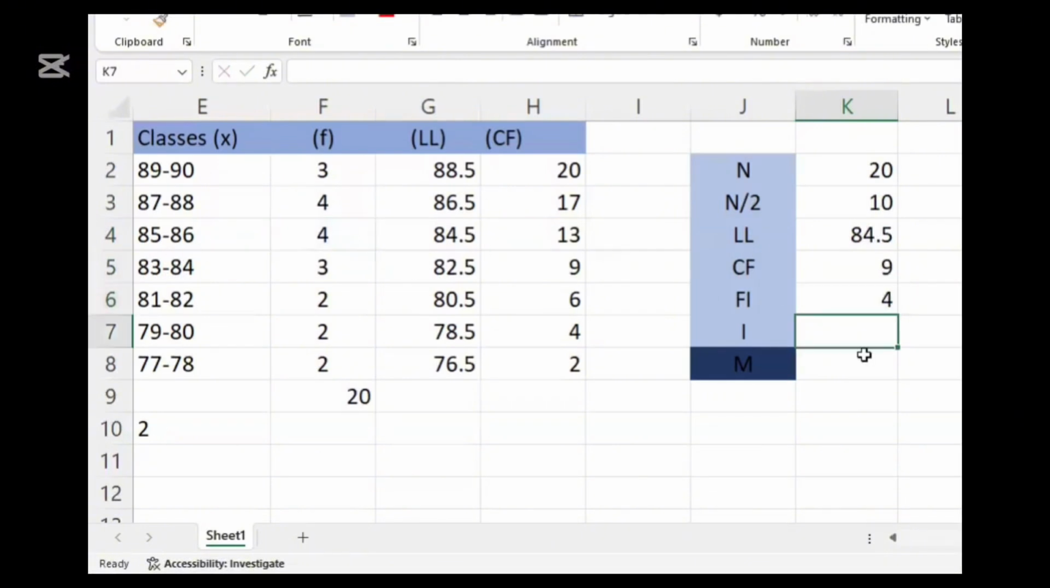And for our interval, it is 2, because as evident here in our classes, it's equally distributed to have 2 intervals of numbers. So we will be putting 2 here. Enter. Now that we have completed the list of values needed to compute for the group median, we will now